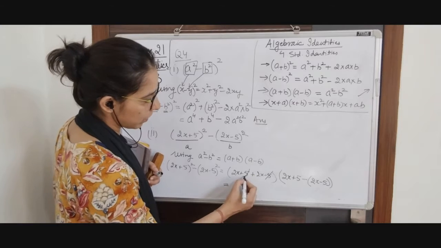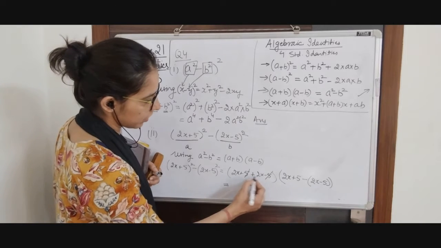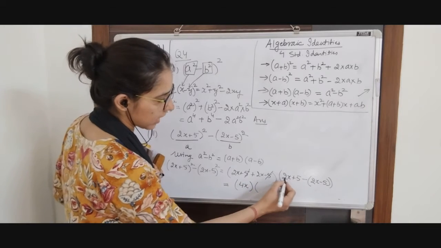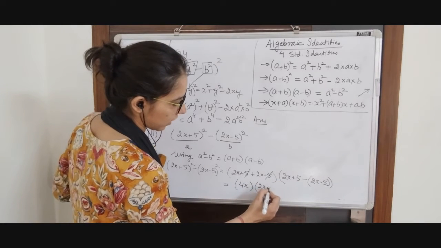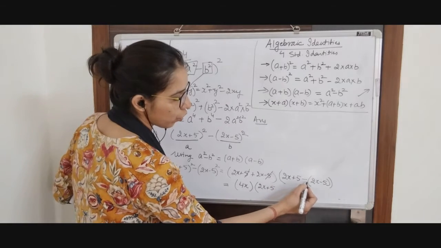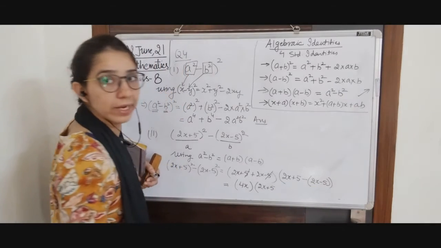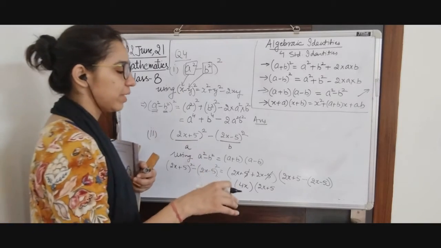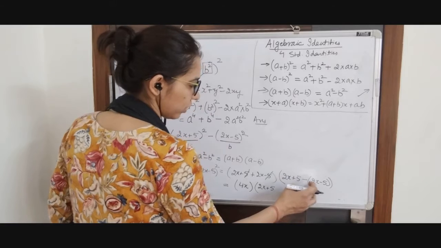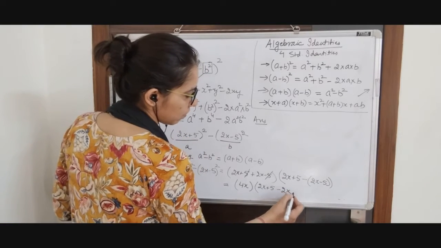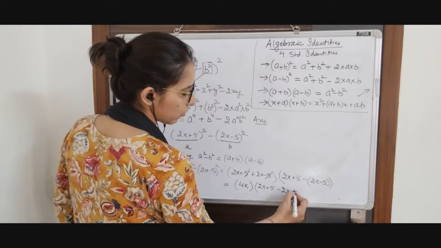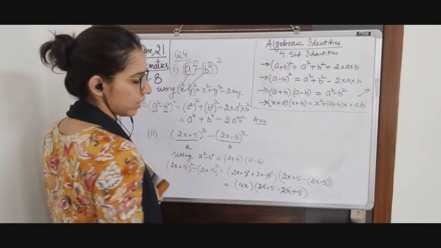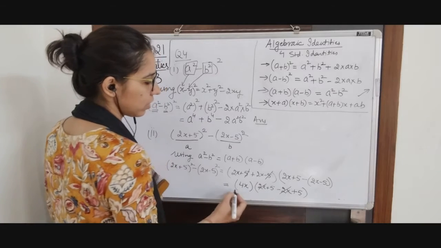This I can cancel out, plus 5 minus 5. I'm left with 2x plus 2x, which is 4x. Bracket close. Then next we have 2x plus 5 as it is. Now I am going to open the bracket, and in front of the bracket we have a negative. It means all the signs of the terms inside the bracket are going to change. So this 2x will become minus 2x, and this minus 5 will become plus 5. Now I can cancel this 2x with minus 2x, and I am left with 10.